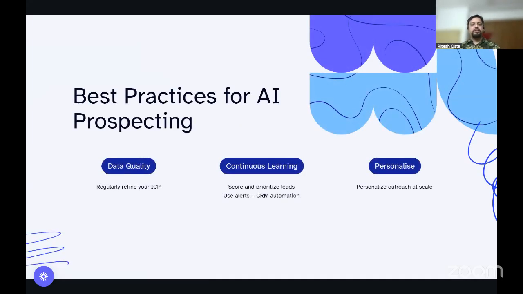Okay, so these are the best practices when it comes to the AI perspective. Data quality is very important. Please refine your ICP. Don't put your entire CRM list of 10,000 contacts and push it to the API and get all the companies. It doesn't work. Create very defined ICPs. Define it. Refine it. It can be 10 companies, that's perfectly fine. It can be 5 companies. Even that is fine. But you need to be very, very targeted. Refine your ICP, build a list, and then push it.